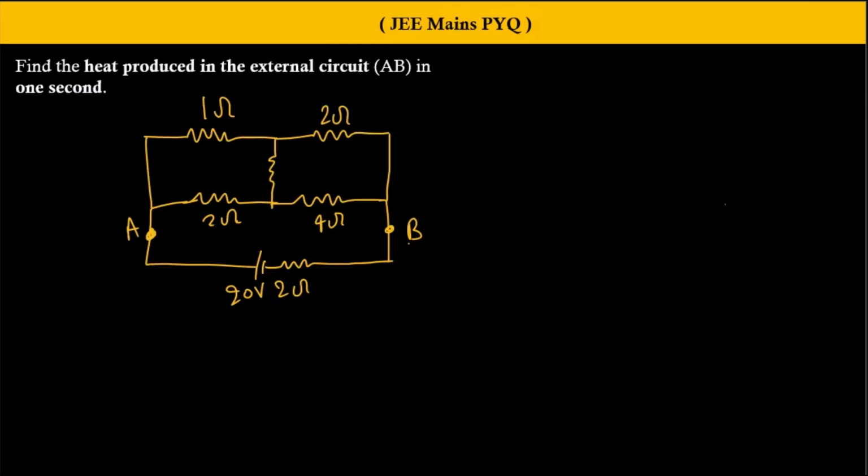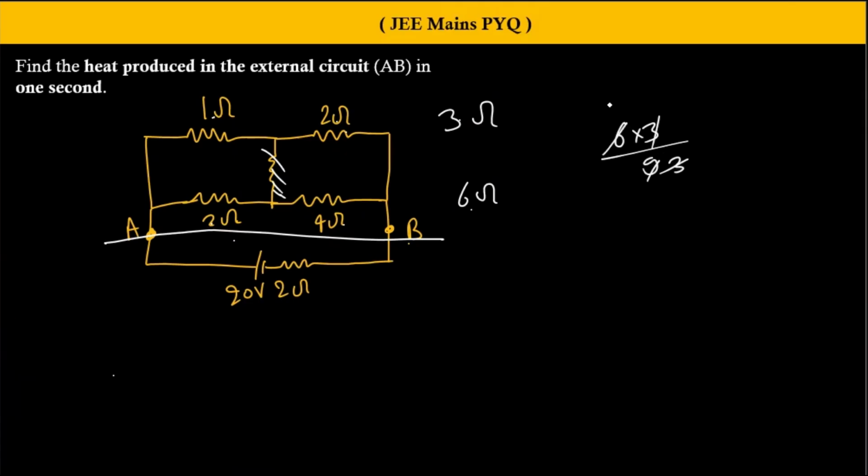only calculation. ओके, find the heat produced in the external circuit AB. सो एबी में हीट प्रोड्यूस निकालना है, बहुत ही इजी है। आप अगर ध्यान से देखो, ये बैलेंस्ड व्हीटस्टोन ब्रिज है, एबी वाला पोर्सन है ना, 1:2, and this is also 2:4, यानी कि 1:2। सो इससे कोई करंट नहीं जाएगा। This is 1 and 2 in series 3 ohm, 2 and 4 in series 6 ohm, and 3 ohm and 6 ohm in parallel, so 6 into 3/9, so this is going to be 2। So this AB के क्रॉस जो R equivalent है,